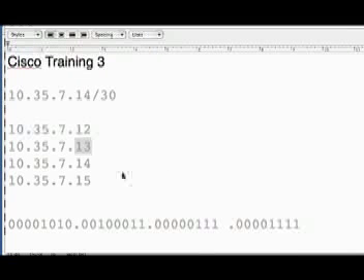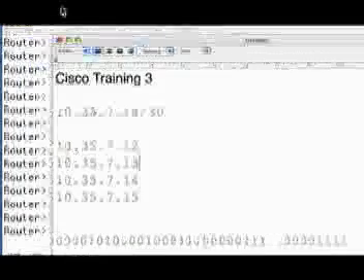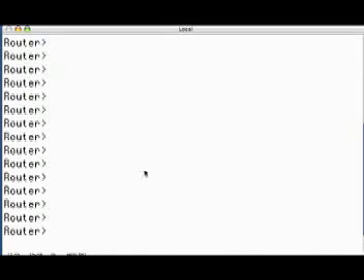Okay, so we've got some legal IP addresses that we can use in a /30. Let's go ahead and configure a router with these IP addresses, and we'll see what the router will let us do and what the router won't let us do. So here's a router. We're in what's called user mode because we have this little arrow on the left. We enable, and we type in our password,